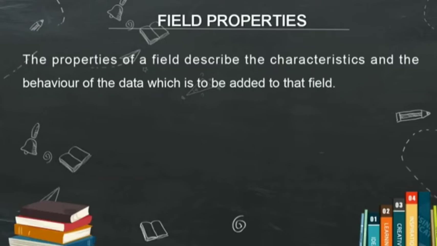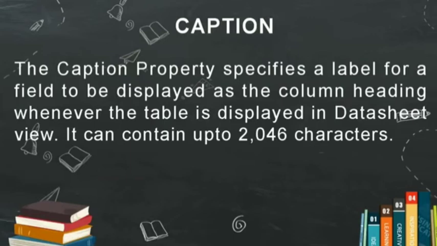Well, they are present in the design view of the table. To change the field properties, click on the Home tab and then on the View button. Select Design View from the options there. Now you will see that the design view is in two parts. The first part is the one where you specify the field name and its data type, and at the bottom you can see field properties. The field properties depend upon the data type which you have chosen for your field name.